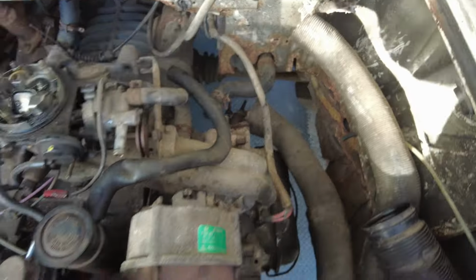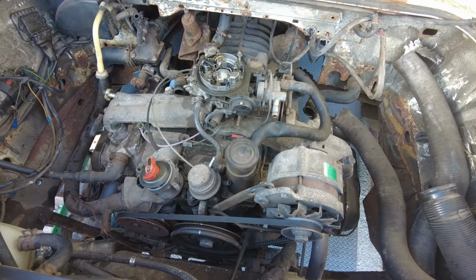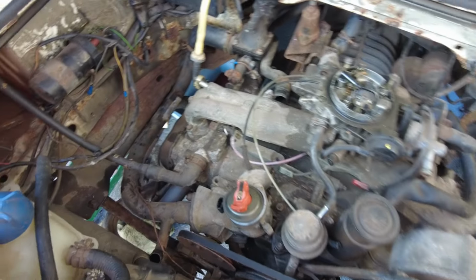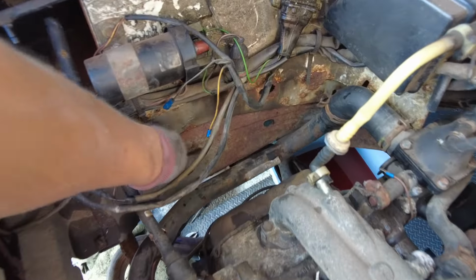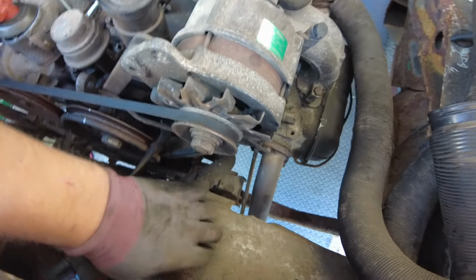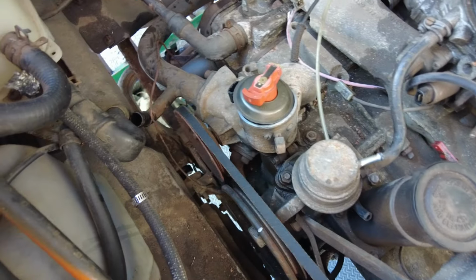Get it out of the way. So once you're happy your wiring, water, fuel and accelerator cable are all disconnected, we're going to be removing these tins down the side here, each side of the engine. Now I believe they are connected to this one here, so when we take the side ones off it will allow this front one to drop down with the engine, but to do that we need to remove the bottle